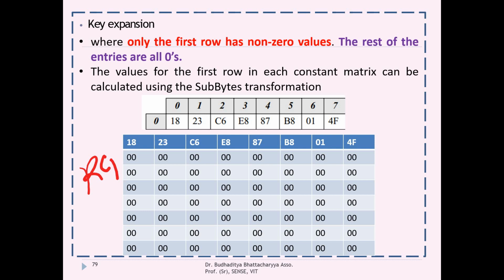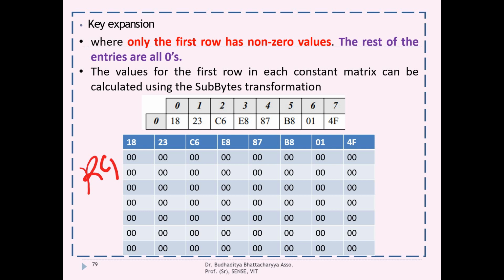Here, its advantage is why? Because this is a very simple rule of doing it. If the row is non-equal to 0, or rather it is equal to 0, we will take the 7 elements from the subbytes directly, depending on which row you are in. And the rest of the elements will be all zeros. Just like similar to the assumption when we took the padding. First bit will be 1, the rest will be zeros. Same thing over here. So that's why this is how the RC1 can be formed, RC2 can be formed, and